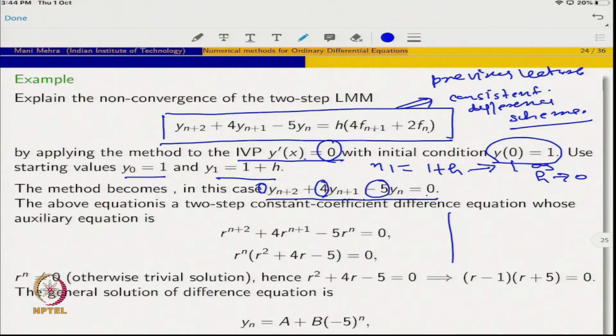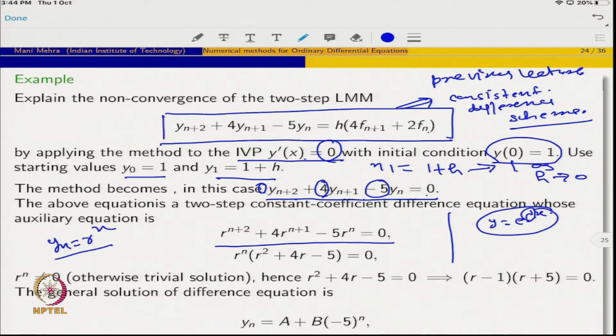You substitute y is equal to e to the power lambda x, in such a way that it is a non-trivial solution of course, and then you try to find lambda. So, why do you substitute e to the power lambda x there? Because the derivative of an exponential is again in the form of an exponential. So, in the case of a difference equation, what do we do? We substitute the solution yn is equal to R to the n. Okay? That is what we are going to do.